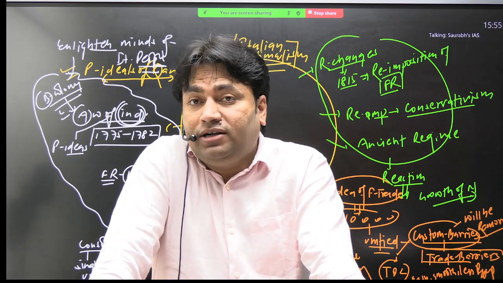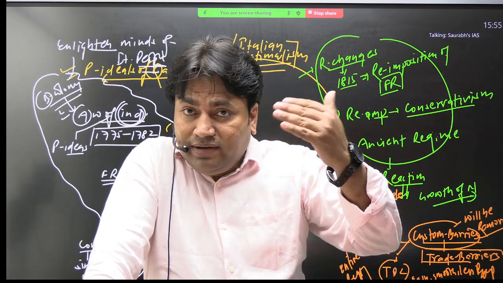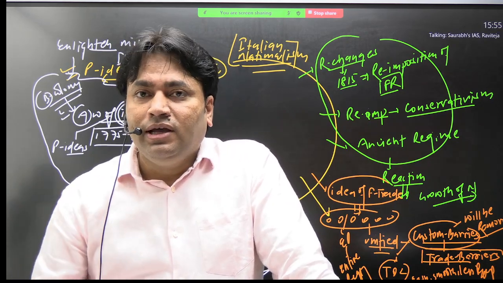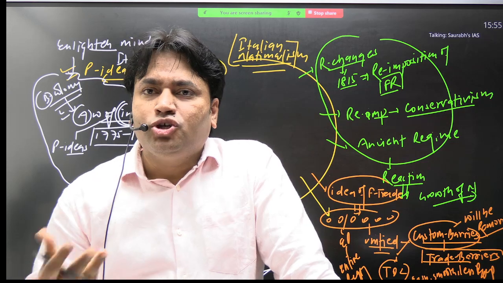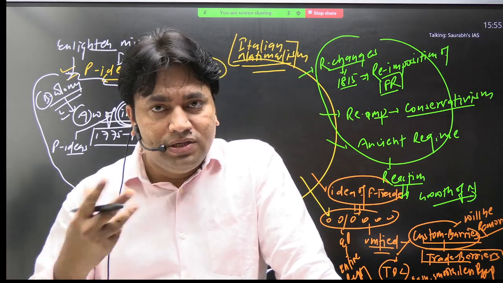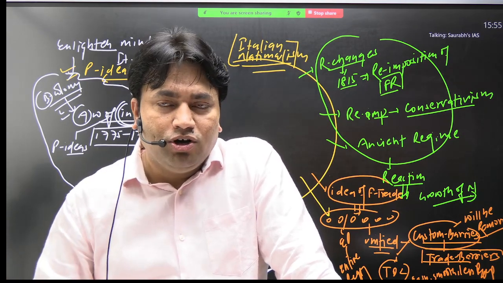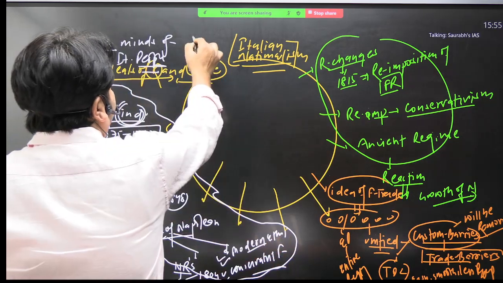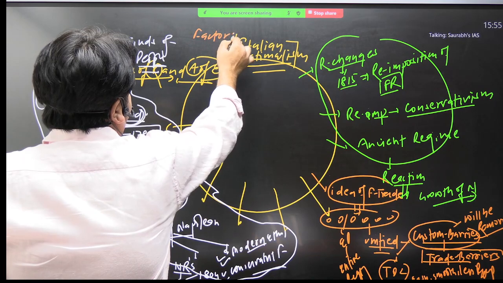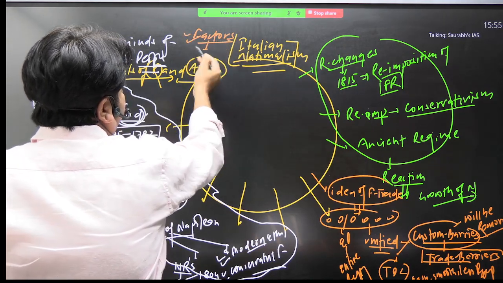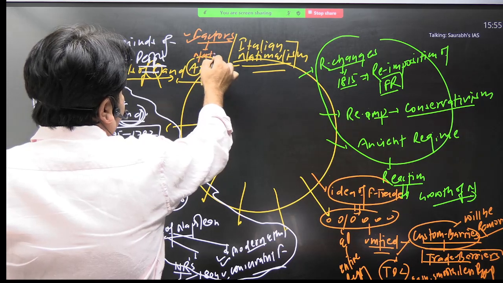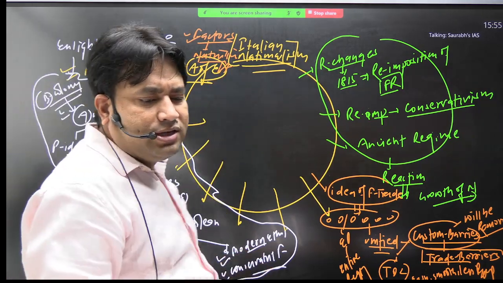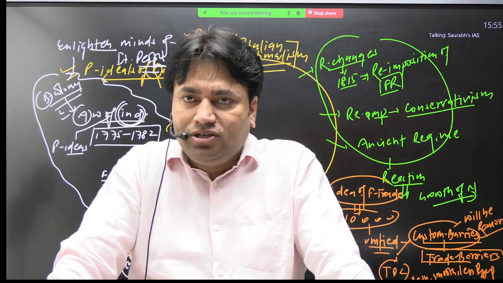So all these are the factors that developed the sense of nationalism in Italian people, in Italy, that is in Europe. So how nationalism is growing in Europe, this is one concept. In the case of Germany also we will discuss. So are you familiar with this concept? If I ask you to write about the factors that promoted nationalism in Italy, you can easily write the answer.